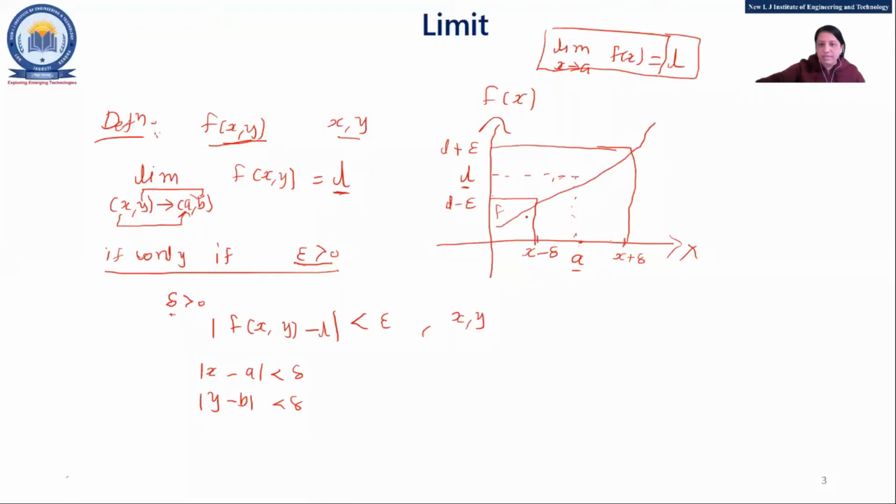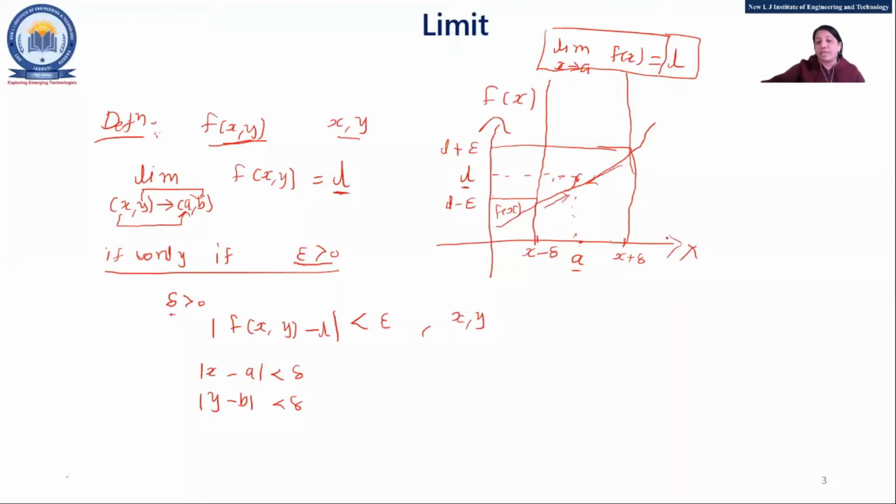f of x. That means I will have some value of f of x at which point? At point L. Now this is the point where it will be a minus delta, and here it will be a plus delta. So in that way we can say this is my limit, this and this. So my function is here only. Now this is my point a of the function. If I move from this side, it is approaching the value L, and if I move from this side, it is also approaching L.